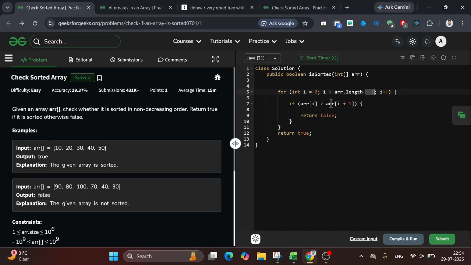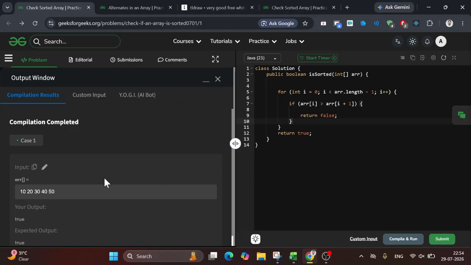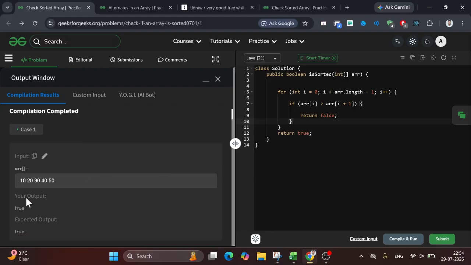Okay, and with the help of this we can easily check. Let's compile this program and see whether this is working or not. So let's compile. Okay, so now you can see here the compilation is successful, output true, and expected output also